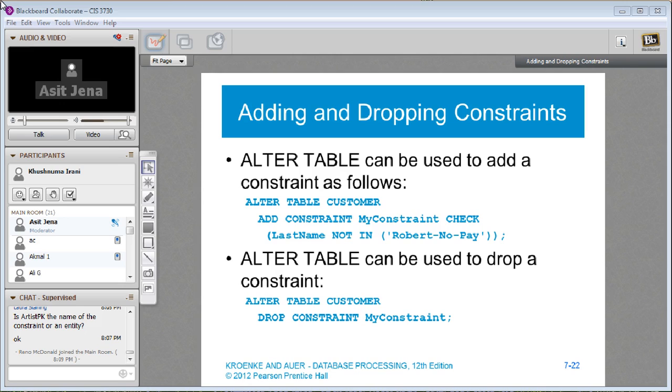Okay, this is another example. Alter table can be used to add a constraint as follows: alter table customer add constraint my constraint check last name not in Robert, no pay.